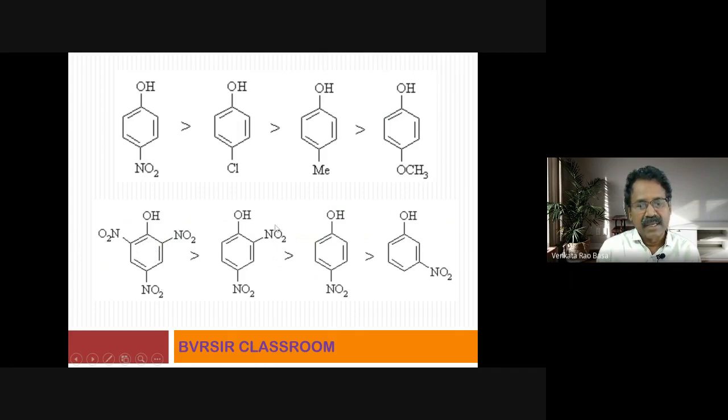Then two nitro groups. Here there is only one nitro group. What is the important point is when the nitro group is present at the ortho and para position, then only the electron withdrawing nature will be more pronounced. Here observe this one, it is at the meta position. It is not that much. That is why three nitro groups, more than two nitro groups, more than single nitro, but this is present at the meta position. So this is the order of acidity of various phenols. The people who are appearing for the competitive exams can make use of these examples.